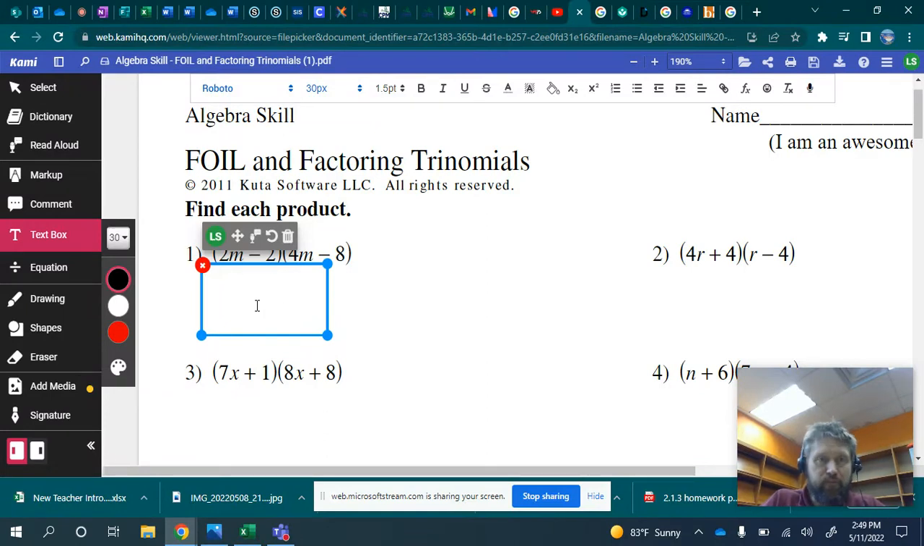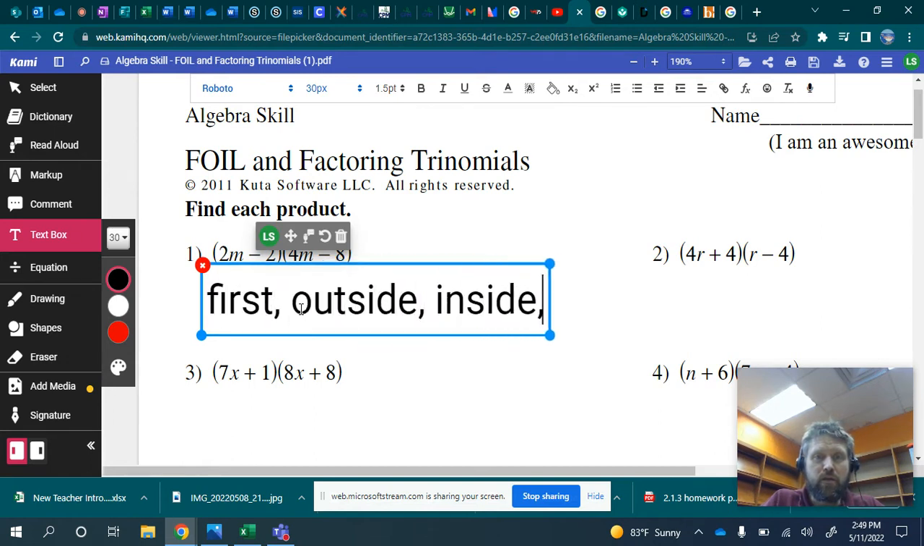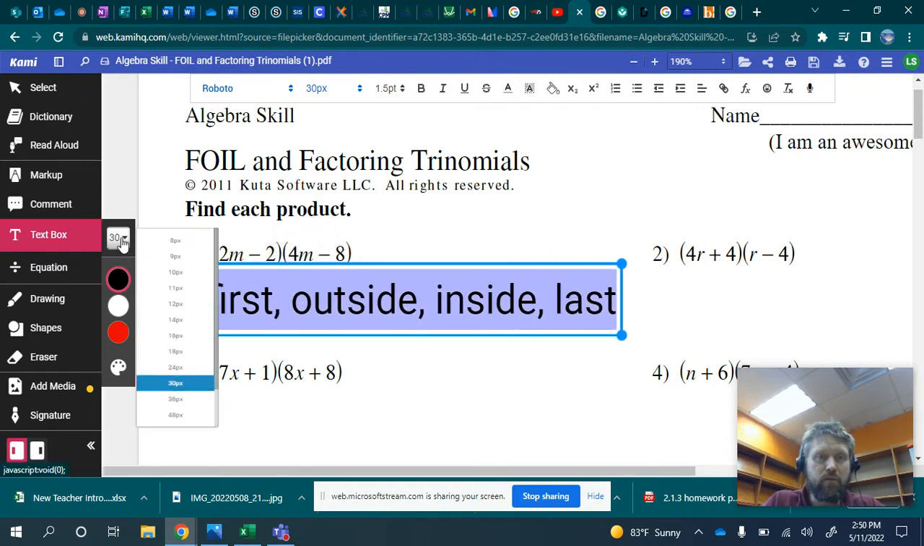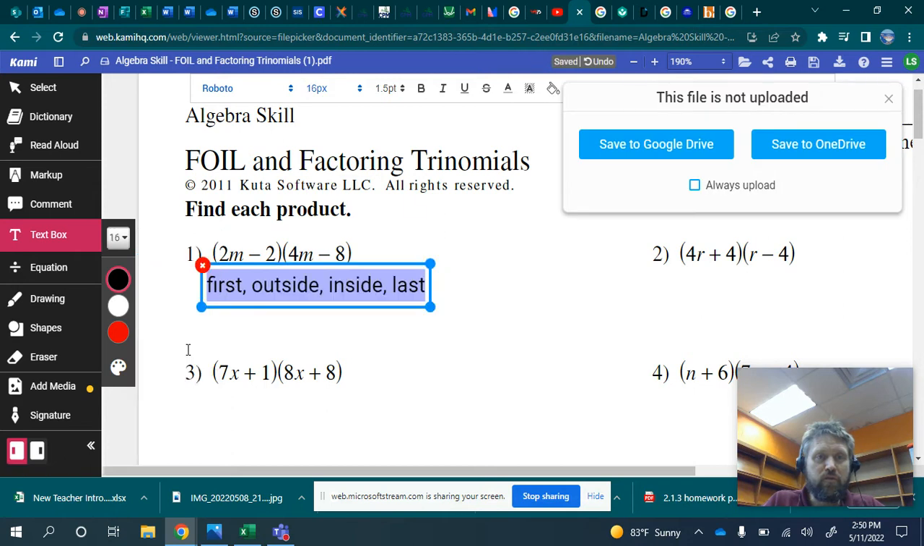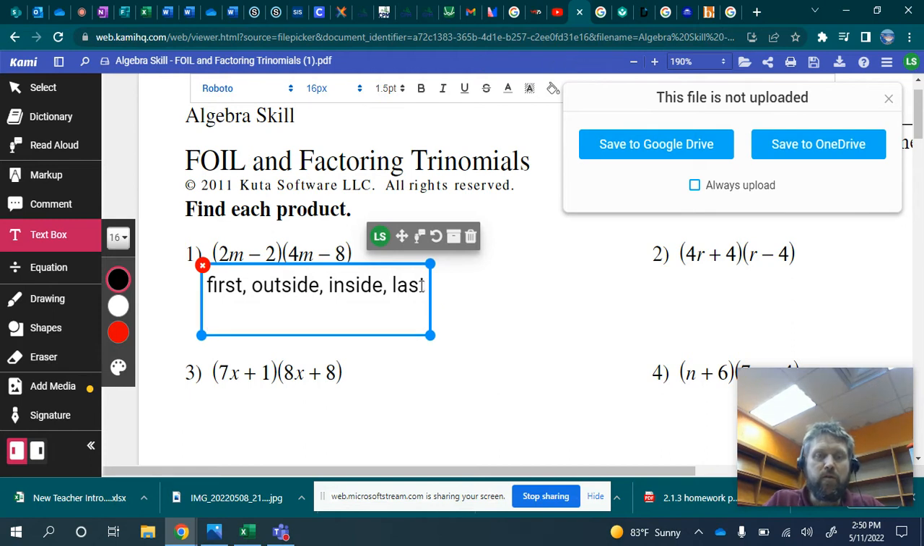So what this means is F stands for first, outside, inside, last. Okay, and that is the four parts to doing these types of questions here. All right. So I'm going to show you first times first is 2m times 4m. Okay. Outside times outside is 2m times negative 8. I'm going to put plus 2m times negative 8